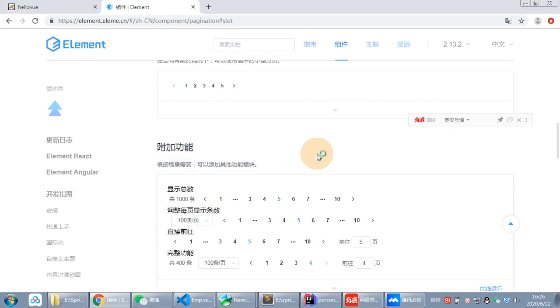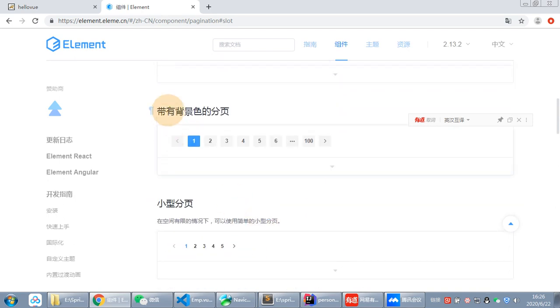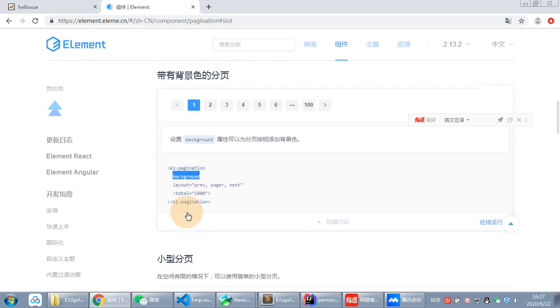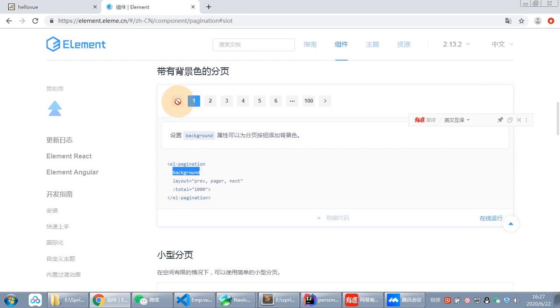Here I use this one, which has a background color. We can see it like this. Just use el-pagination and background. Here, if you want to add the previous and the next button, you need to add the attribute of layout, prev, and next, and